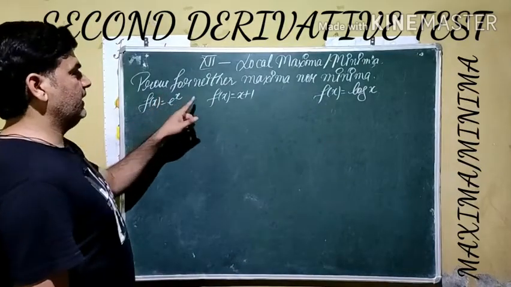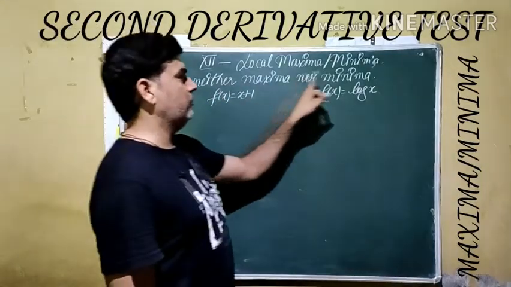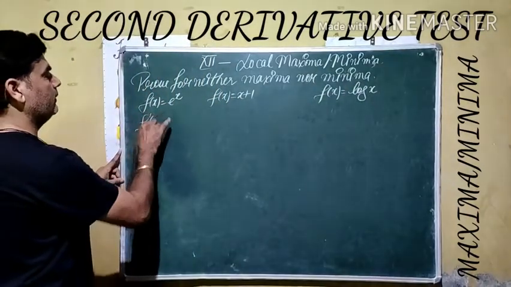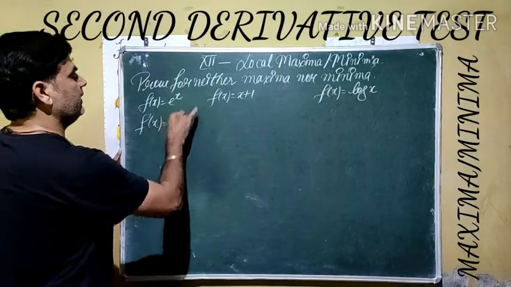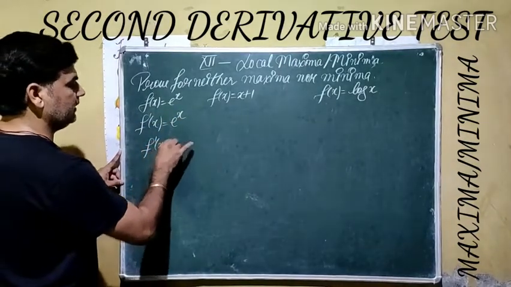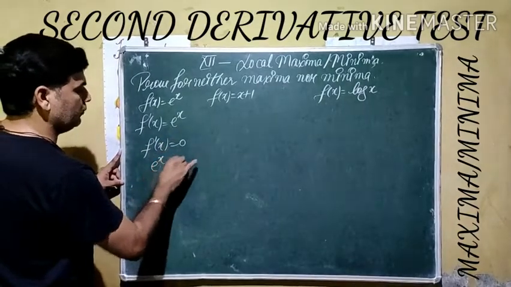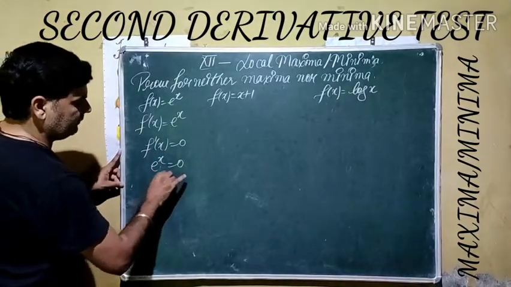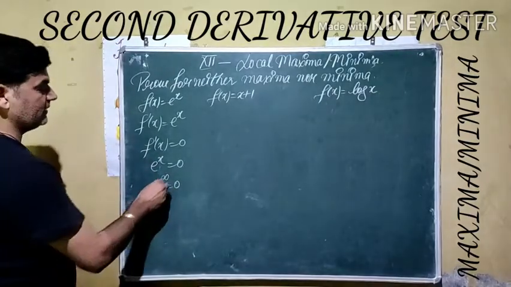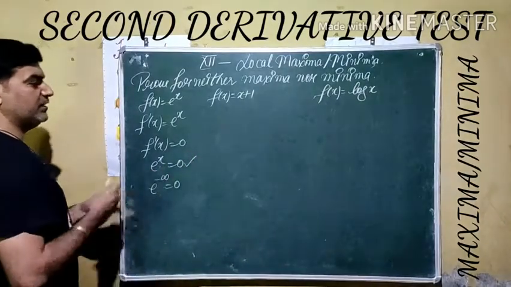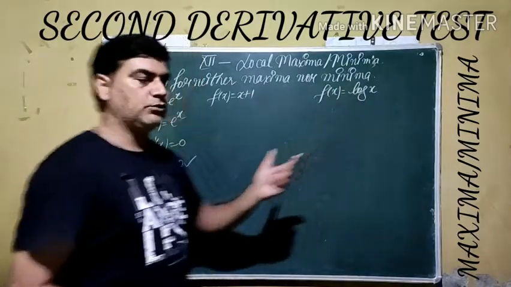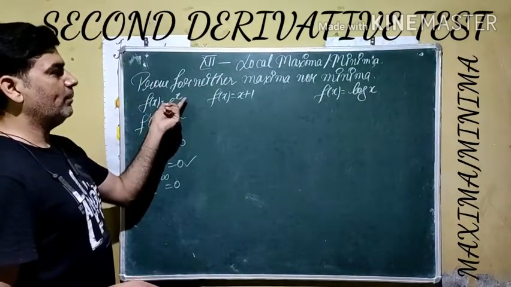Now we have to prove this given function does not have maxima nor minima. If we go to apply our first derivative, the derivative of exponential e raised to power is e raised to power, derivative of power is 1. For critical point we take first derivative as 0, means e raised to power is 0. But we know that e raised to power minus infinity is 0, otherwise it is not 0. Means there is no value of x for which we get the critical point. If we do not get the critical point, it means we cannot check maxima or minima. So this function has no maxima, no minima.